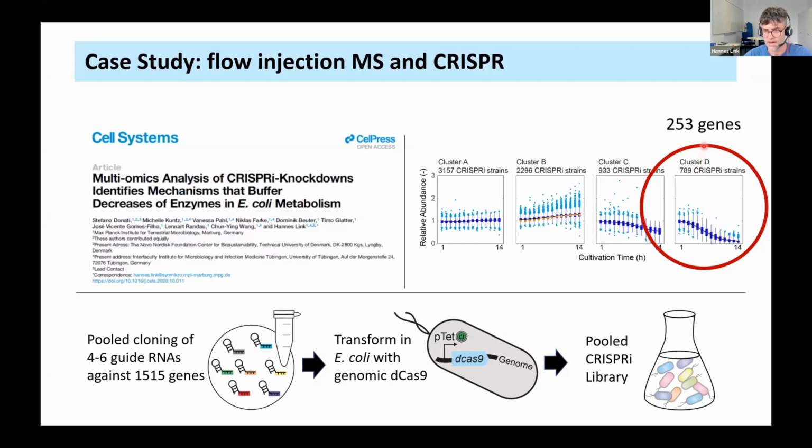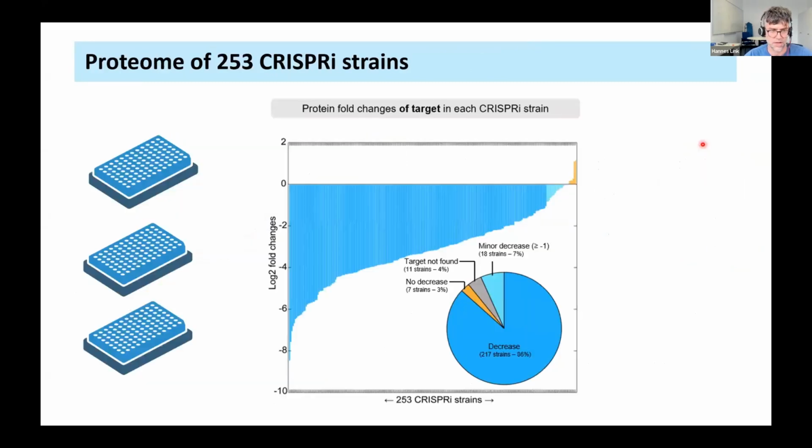And what we did then is we selected for each of these genes one strain and put them onto plates. So in total, these are 253 strains. They fit on 2.5 96-well plates. And what we saw so far, most of them work. We use proteomics to quantify if the protein is really downregulated, and you see here the statistics. So for the majority of these proteins, we have, let's say, strong decreases, more than a twofold decrease. And in some of these strains, we could not detect the target, and only in 7 strains we show that there's an increase of the target. So most of them worked.